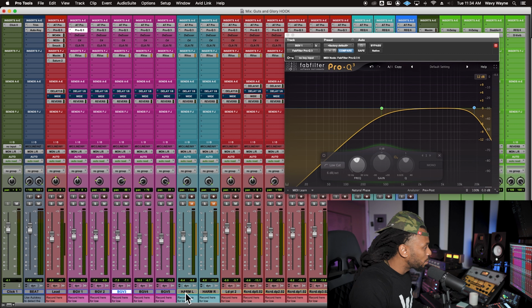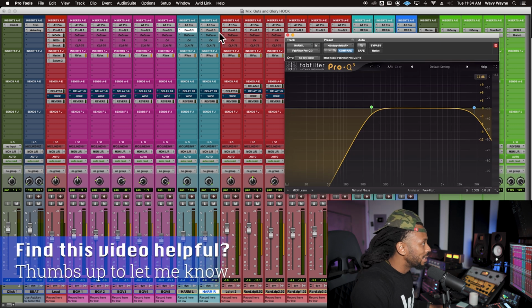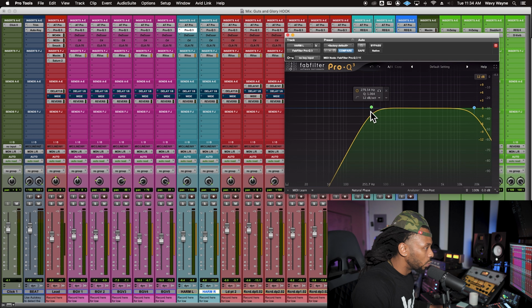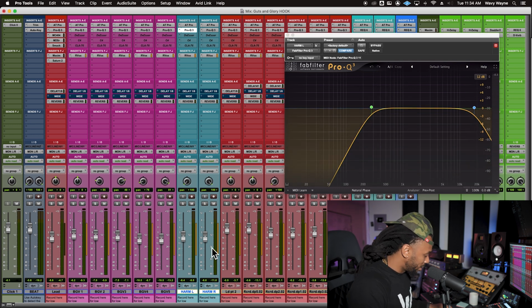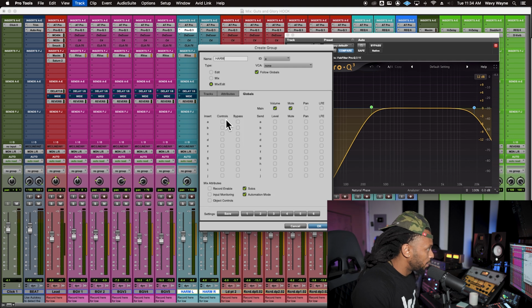Okay. Now, next we got some harmonies down here. I'm gonna bring these in to see how these are working. And again, same concept here, to where I'm probably gonna wanna roll off a lot of these excessive lows. So let's just start off and hear how they sound. Matter of fact, I'm gonna group these two, select both of them, hit Command G, and then this is gonna be my harmony group. And one thing that I like is that I can go over to globals and actually link my